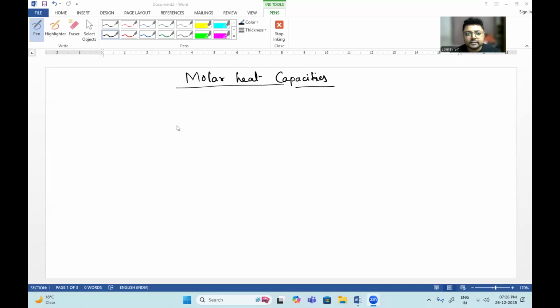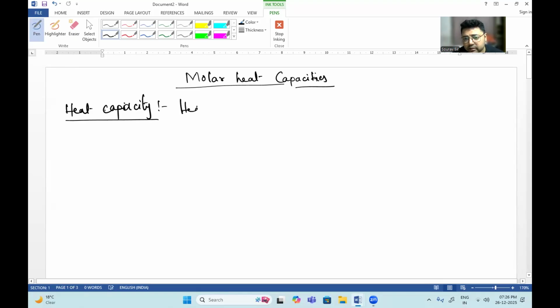Today, our topic is molar heat capacities. To understand molar heat capacities, at first we need to understand what the heat capacity of a system is. The heat capacity of a system is mainly the heat required to increase or change the temperature. In this case, we will only focus on increasing the temperature, not decreasing it. Heat required to increase the temperature of a system